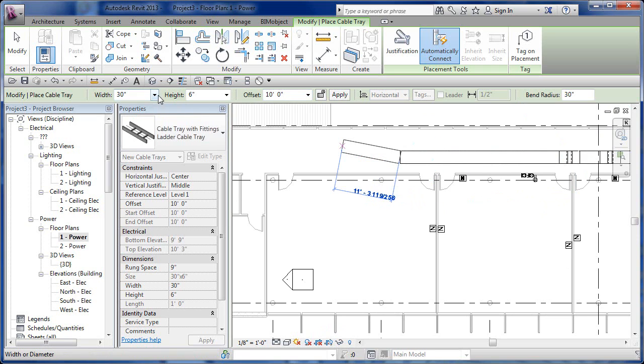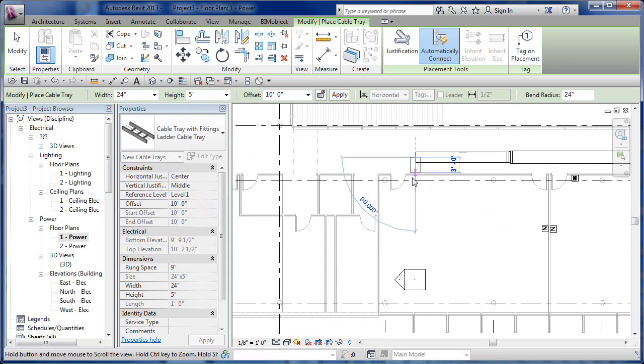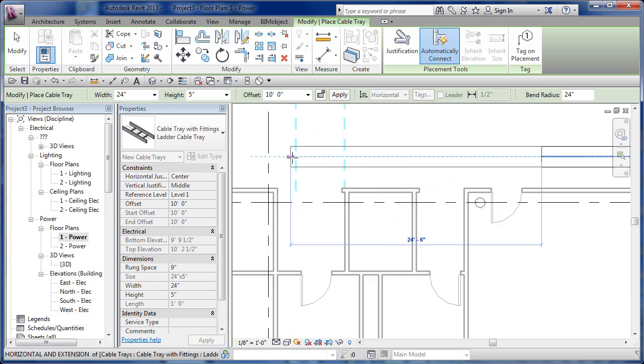And then I'm going to change my width. So now I'm further down the hall. I'm going to go to a 24-inch by 5-inch. And I'm going to keep the same 10-foot height, and then I'm going to pick. It's going to add in that reducer there. So I can drag along. All of a sudden I come up to another